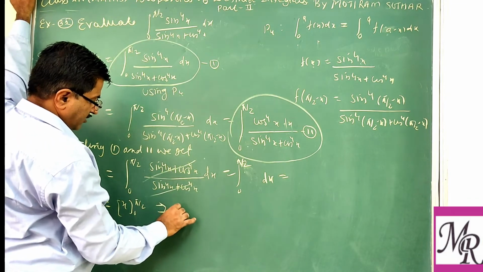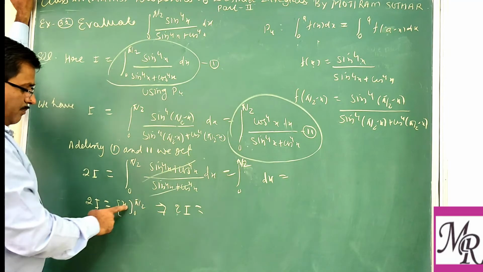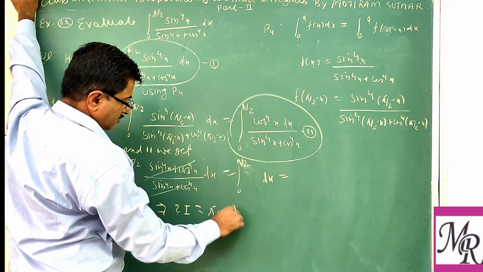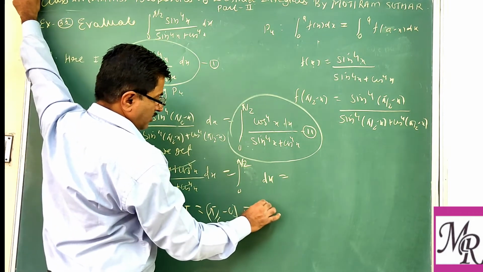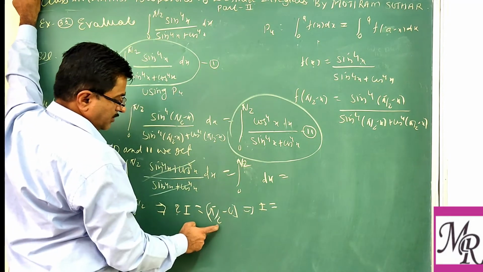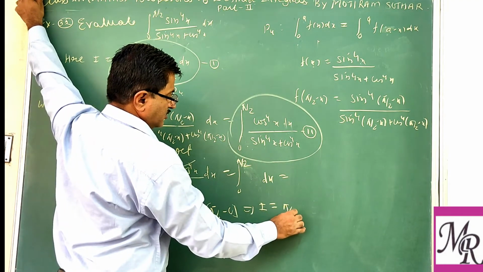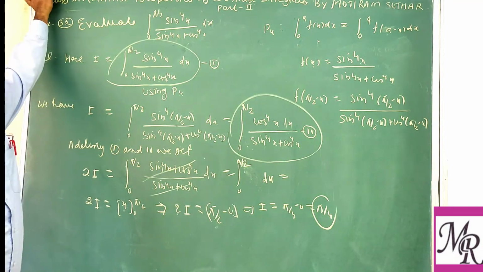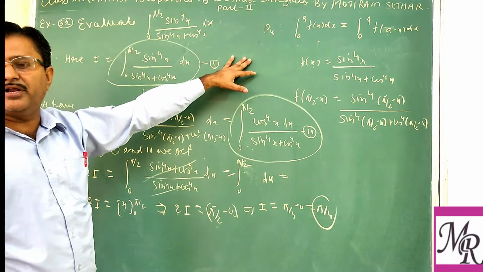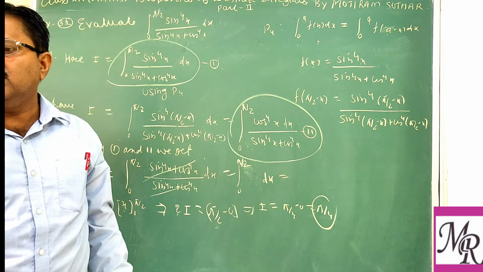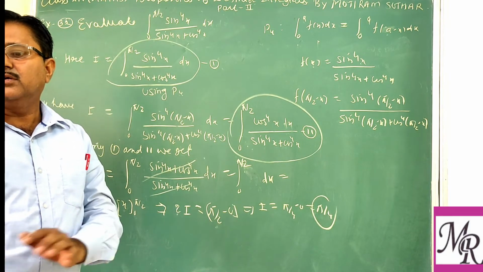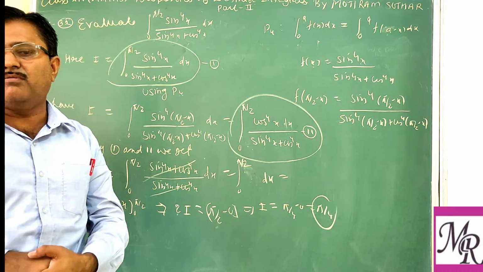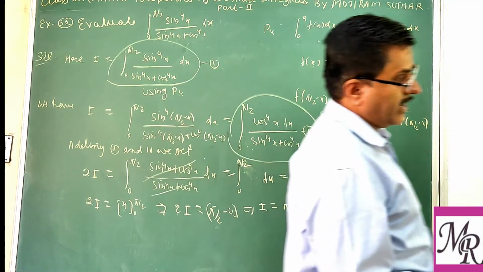Now using the fundamental theorem, on the right hand side, upper limit antiderivative minus lower limit. So pi by 2 minus 0. So 2I equals pi by 2, transfer the 2 to this side, so I equals pi by 4 minus 0. So we get pi by 4. So very easy integration by using the property. That's why we call these very important properties, so they can reduce the integral to the simplest form. So you may write down this.